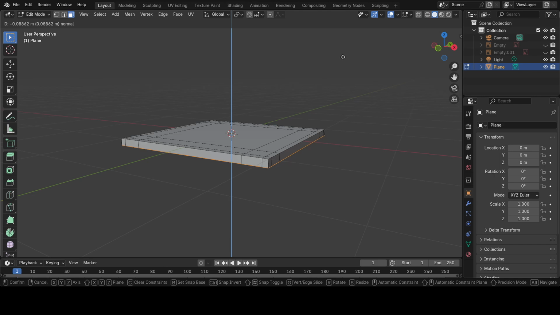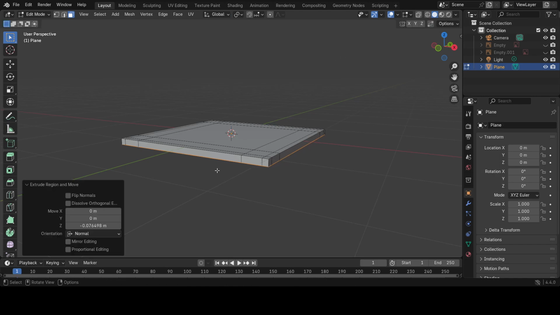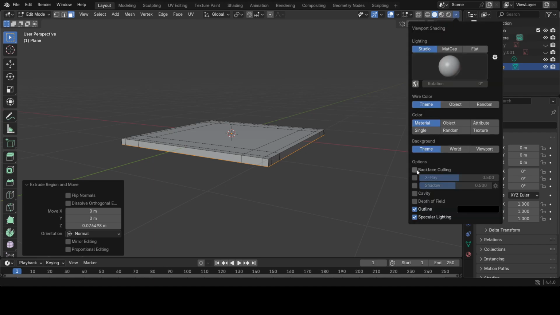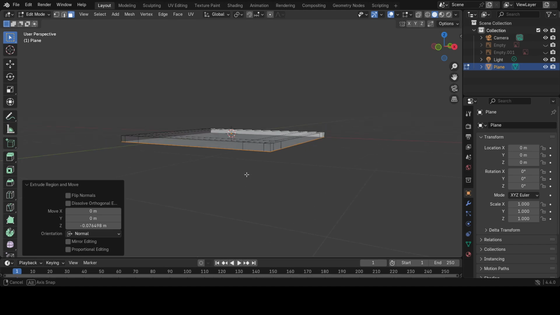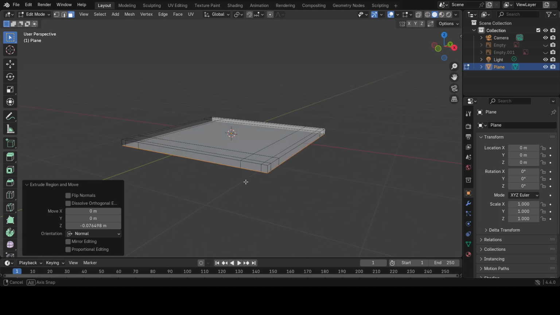So right now when we look at this, it looks like everything is solid. But if we go to this drop-down menu here for the viewport shading and click on backface cull, you can see that we've extruded this inside out. One option would have been that we would have extruded in the other direction, that it would have been solid. But I'm thinking here this is an opportunity to show, if we go now to the